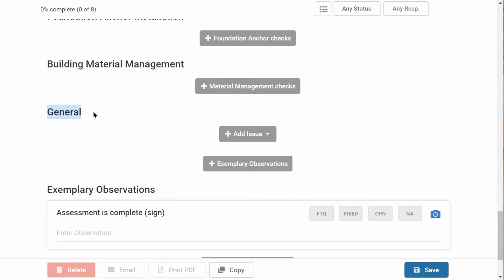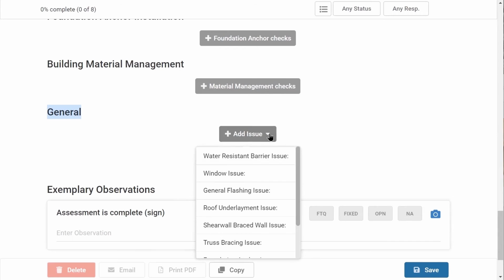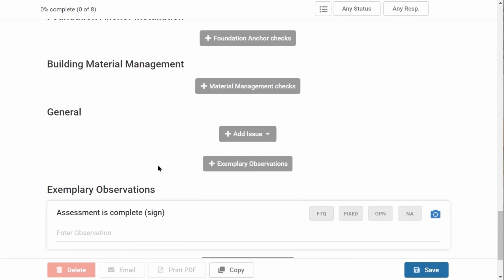It's useful to put a general section at the bottom where they can add an issue and associate it with the different types of systems. You can use this in two ways. One is to add issues to the systems that are above, but it's another way to add a particular issue related to a system that might not be listed above, but you're still able to track it to a building